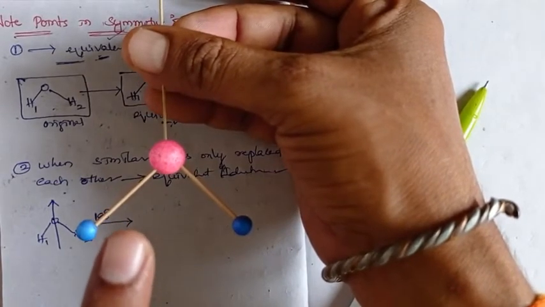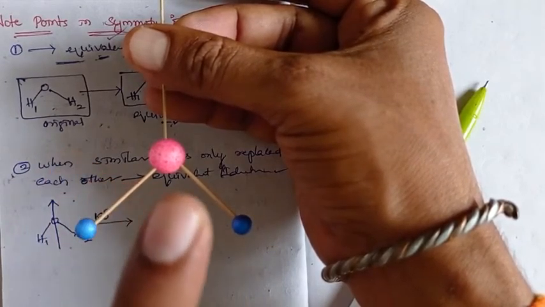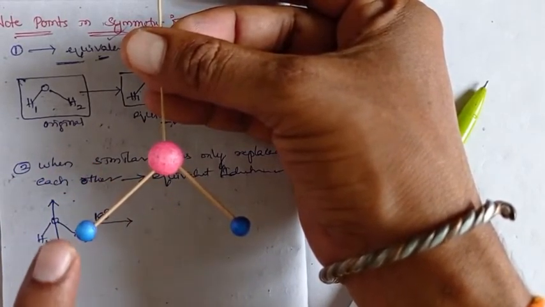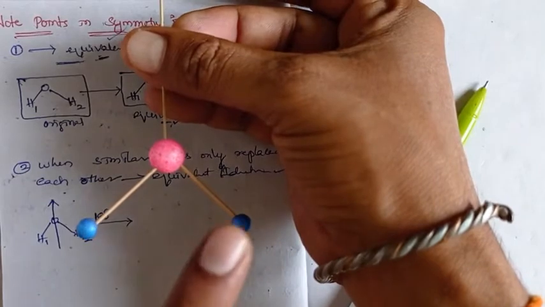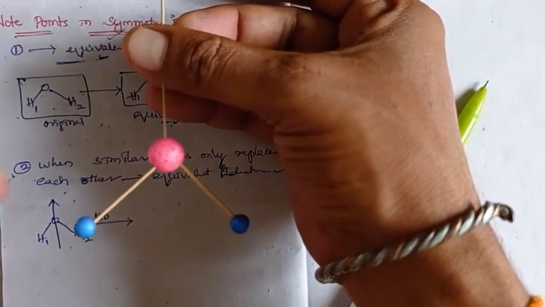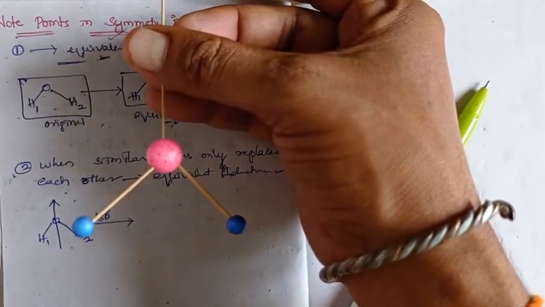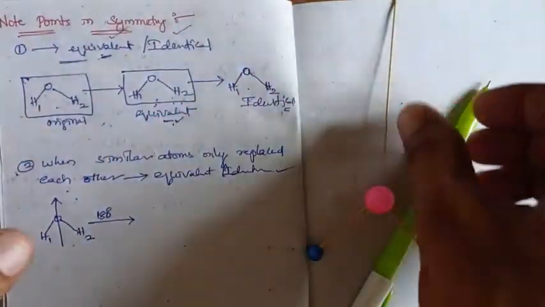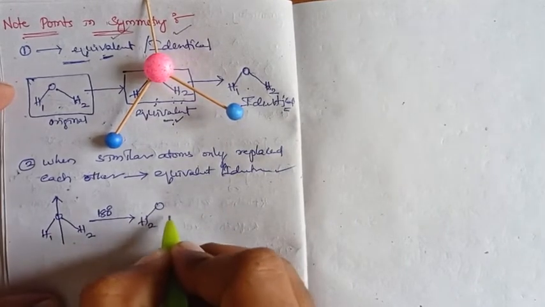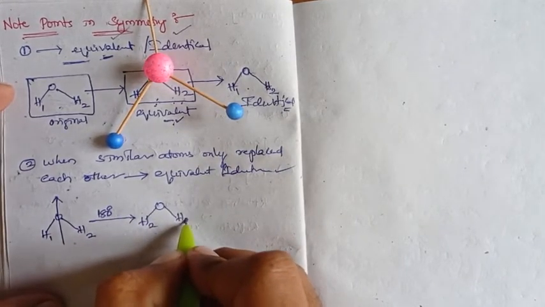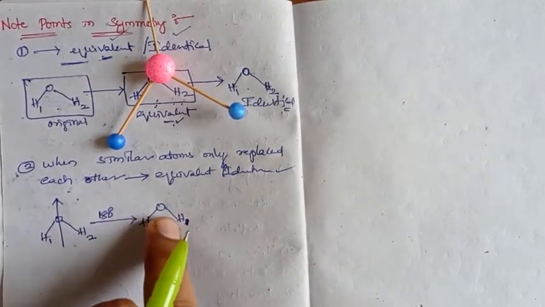After exchanging the positions, what is the configuration? Is the generated configuration equivalent or identical? This is the configuration we took, and after the rotation we have a similar configuration. It is V in shape, oxygen on top, hydrogens down, one on the left side and one on the right. After the rotation, oxygen is on top, H2 on the left, H1 on the right. So H1 and H2 are replaced, and oxygen is still in the same position.